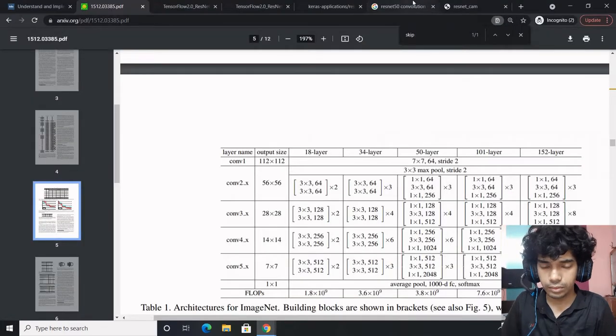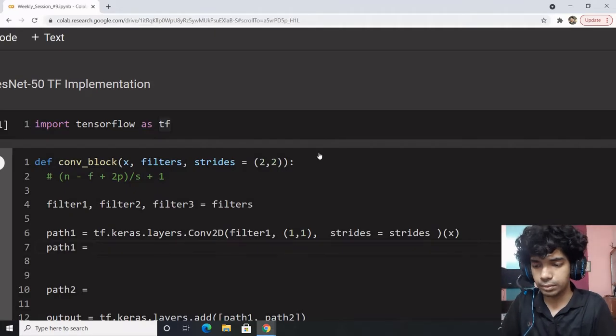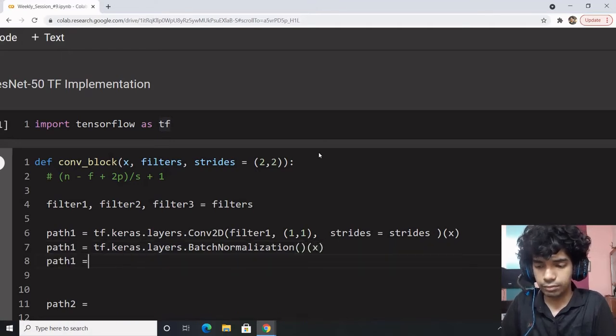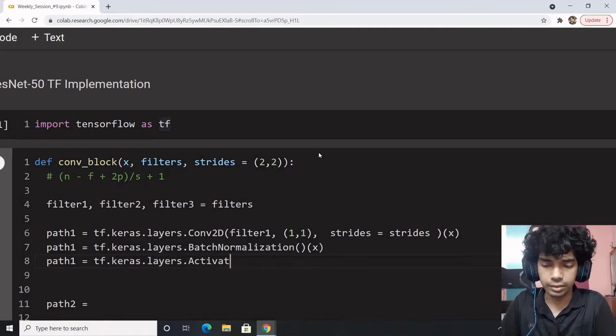After passing through a convolution, it will go through batch normalization. After batch normalization, it needs to go through the activation, which is the ReLU.